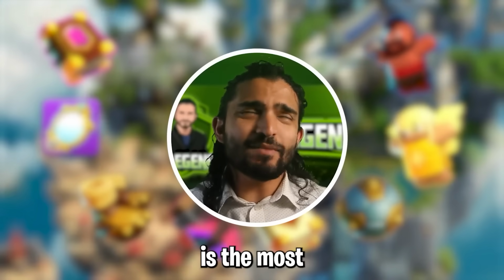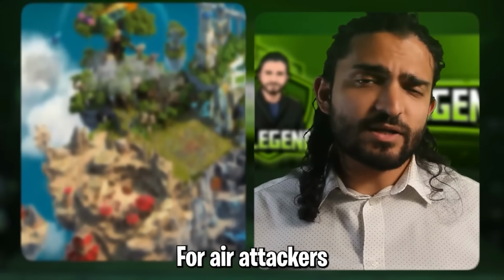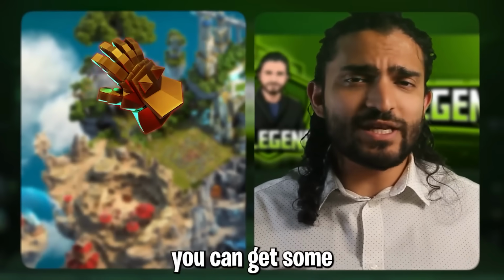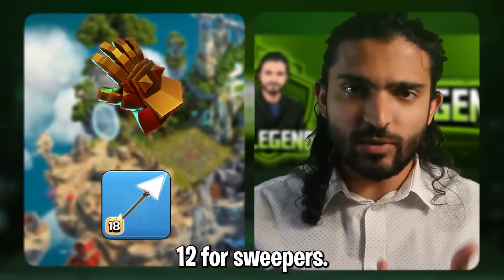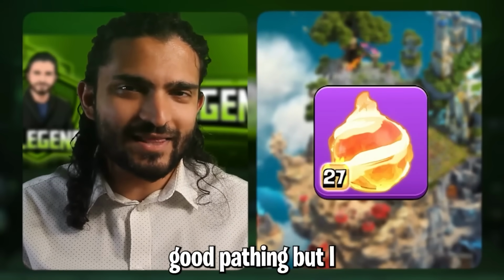This combination is the most versatile and will help you with almost any attack in the game. For air attackers, you might want to switch the Earthquake Boots with the Giant Gauntlet, that way you can get some extra tanking, and you might also want to get your Giant Arrow to level 12 for sweepers. You can also use the Fireball if you want to try and get some good pathing, but I think the